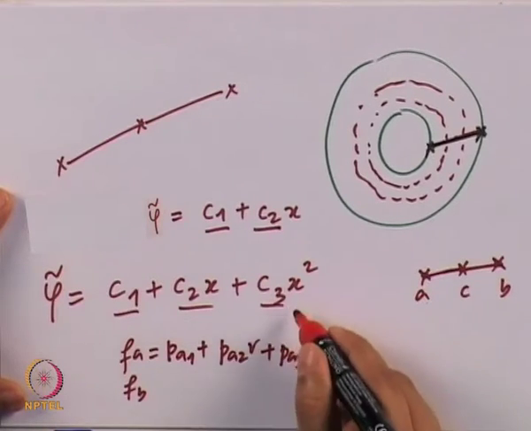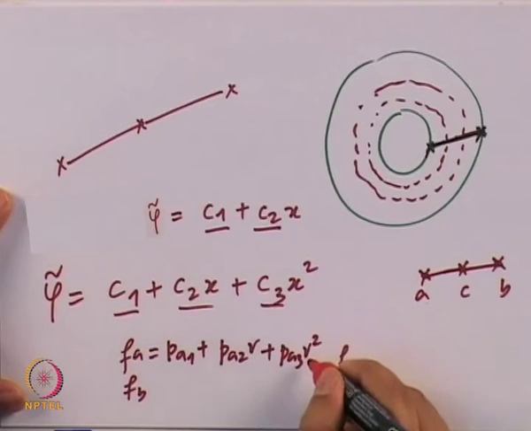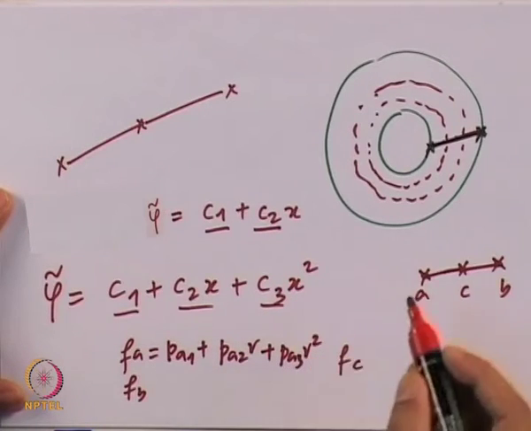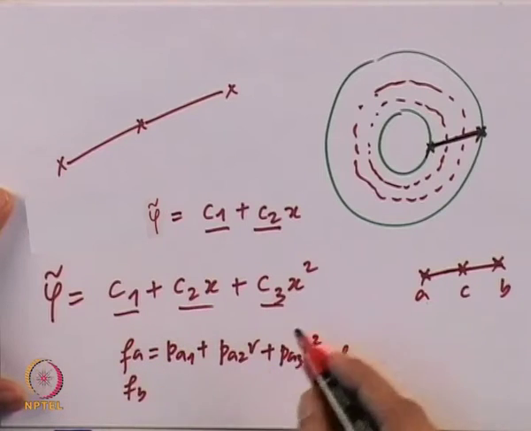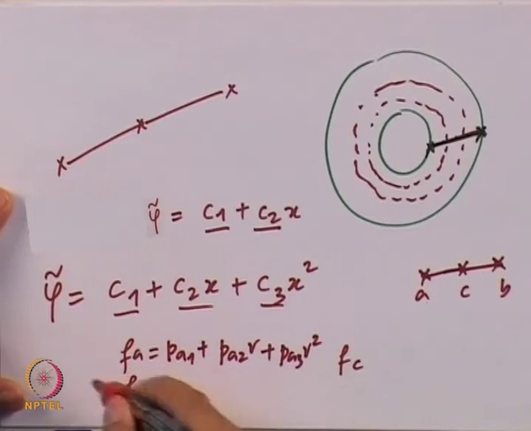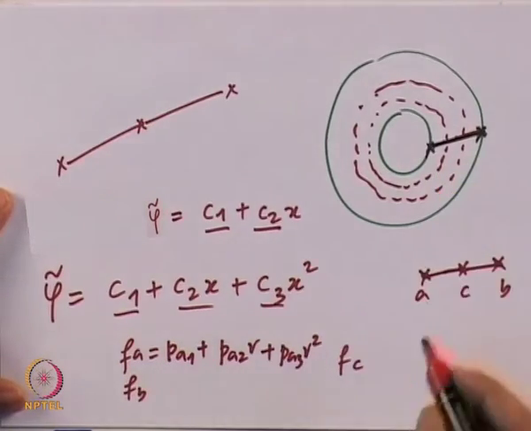So this is nothing but the same one. I have changed x to R because we are talking in the radial axis. Still it holds because it is a one dimensional problem. You can use x or R, but it is more convenient to write R because we are talking about radial